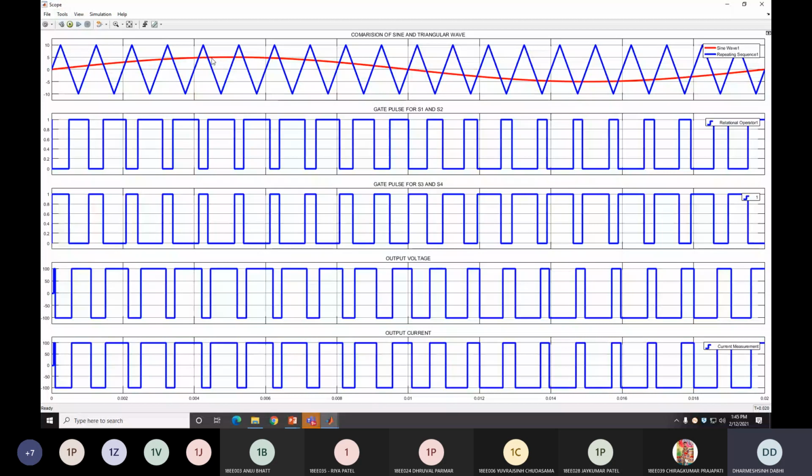It means you get more output power, so the efficiency of the inverter is high. But in this case, you can see your sine wave is almost half of the peak of the triangle wave. So your gate pulse is very small compared to when your sine wave is near 10. So your output voltage is also less, your output power is less, and overall efficiency of the inverter will decrease. So the amplitude modulation ratio controls the magnitude of the output voltage, and the frequency modulation ratio controls the harmonic content in the output. I think it is clear to all.